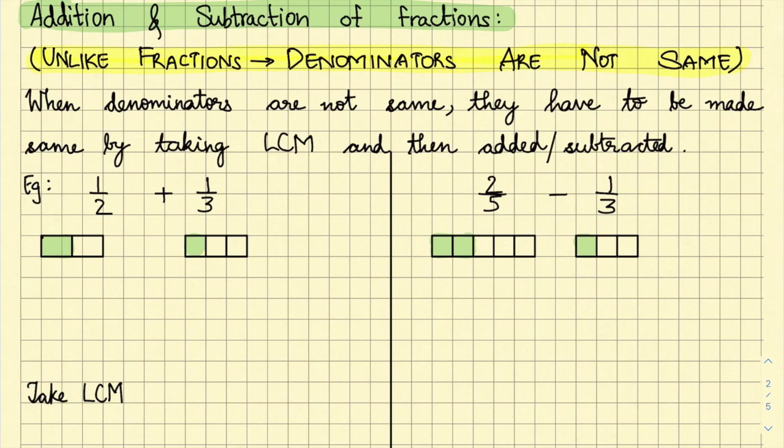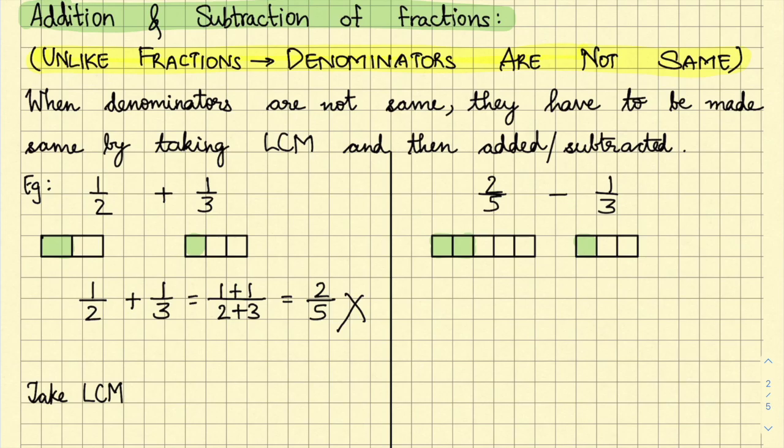Here in this example number 1, you see 1 over 2 plus 1 over 3. So the whole is divided into two parts, out of which one is shaded, and here the whole is divided into three parts, out of which one is shaded. So here you see the denominators 2 and 3 are different. So you cannot do it that way. As some kids may think, oh, it is so simple, we just add the numerators and we just add the denominators and get the answer like this. So this is absolutely wrong, because these two shaded portions you cannot add and get a common answer for that.